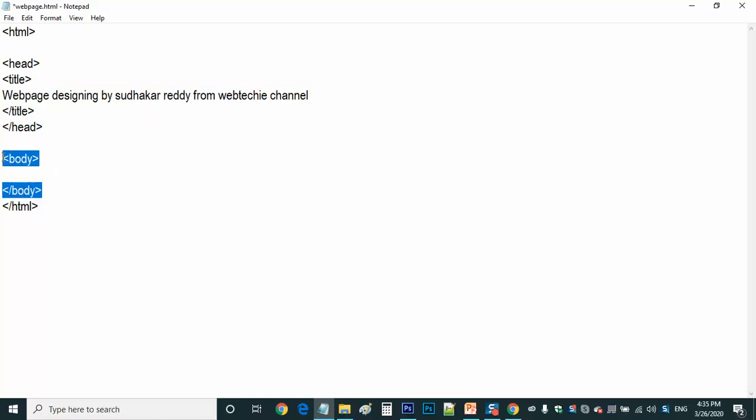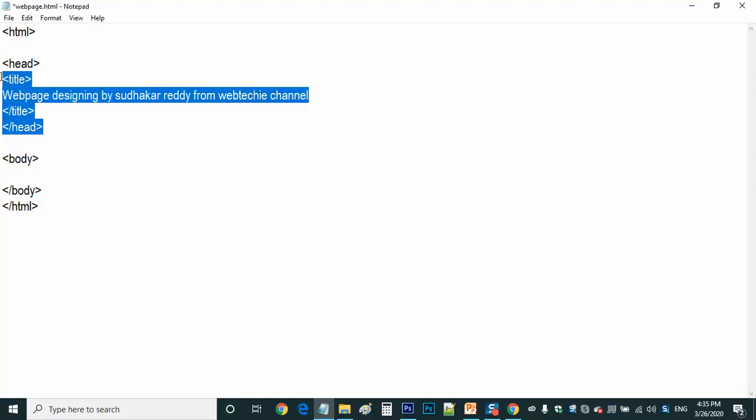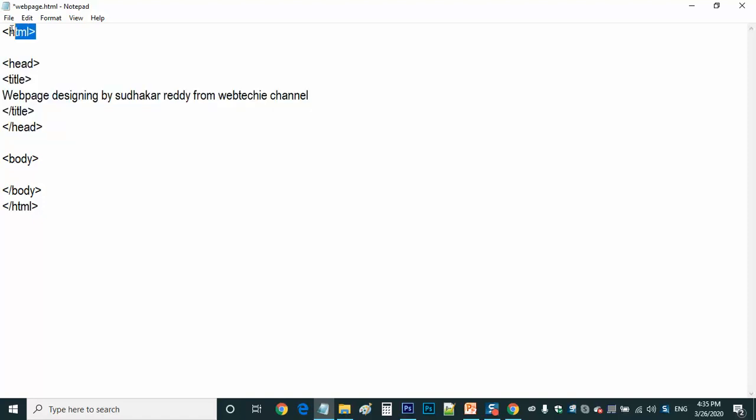In letter writing, normally in our school days, you might have seen that a letter has a body. The main content comes under the body. Similarly, the web page's main content comes inside the body. This is a body tag. Can you see this body tag here? The body tag is open and the body tag is closed. First is the head tag, then the title, and then the head has to be closed. You have to maintain the sequence in the same way. Before that, the starting tag should be HTML and the end tag should be HTML. After that, nothing should be there.